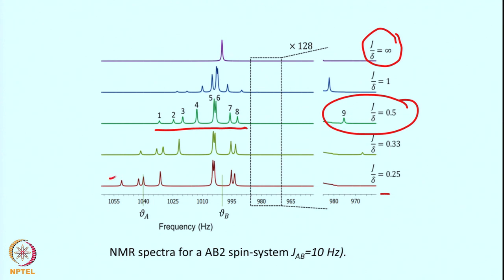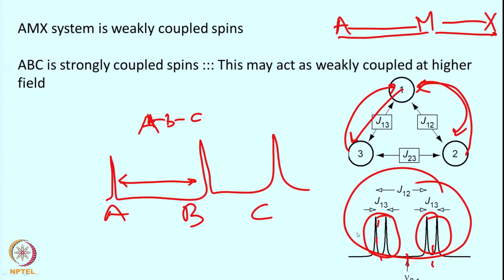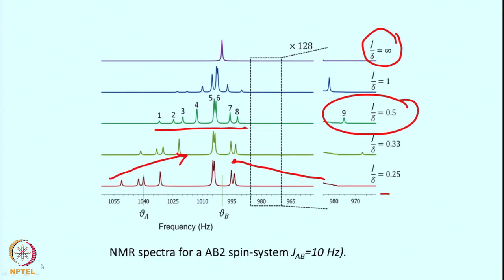One thing you will notice is that the spectral intensities are like this, and this is called the roof effect in the chemical shifts. Because of this strong coupling, the roof effect appears. Because of weak coupling, as we saw in the last slide, all are of equal intensity. So, that is the AB system, and this was simulated for the AB spin system, where we consider JAB, the coupling constant between A and B, to be 10 Hertz. Okay. So, that was the AB system.